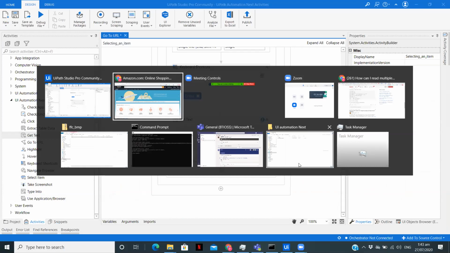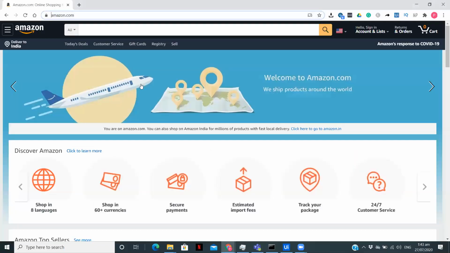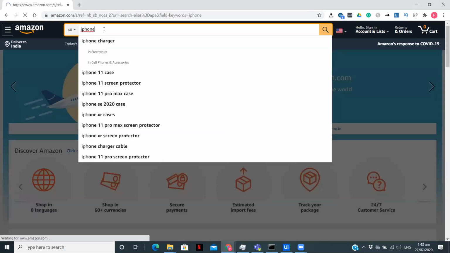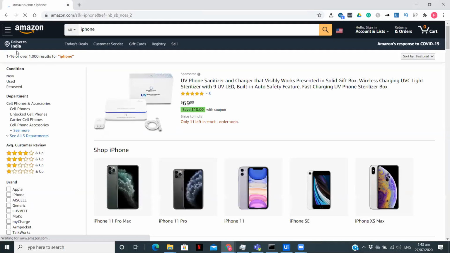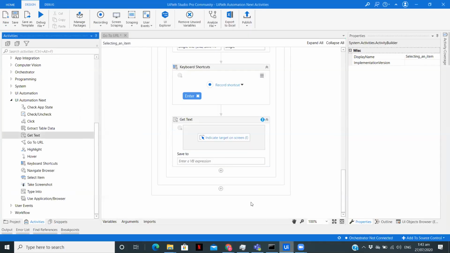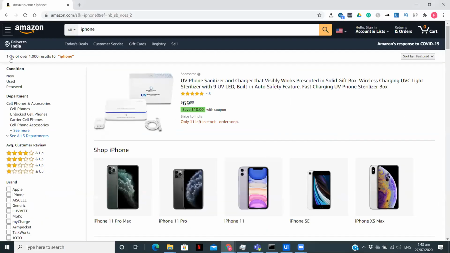So after that, what we are going to do is, here also we are going to type iPhone, click enter, and the results are over this side. So we are going to take the get text and